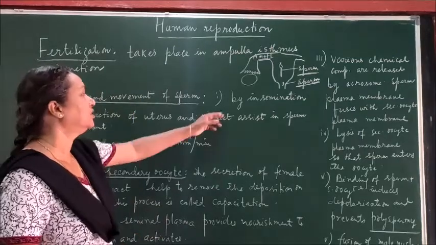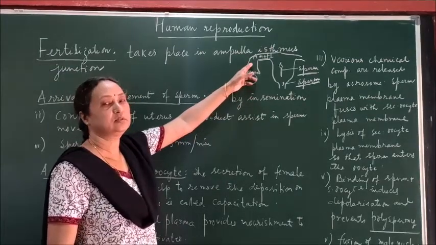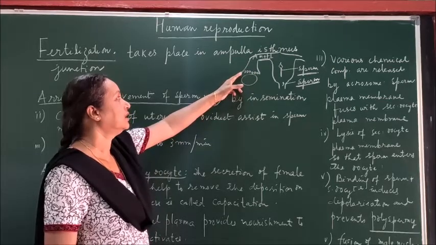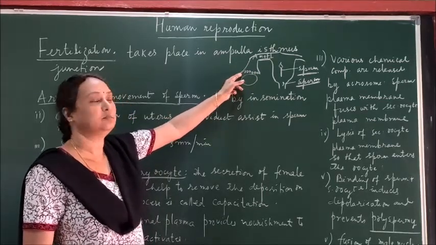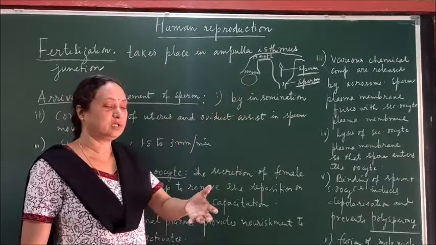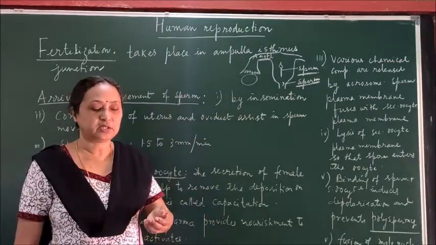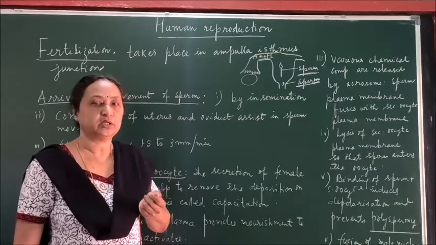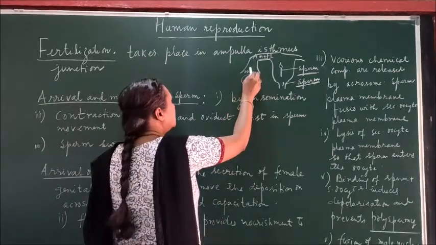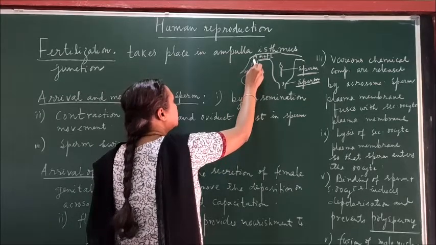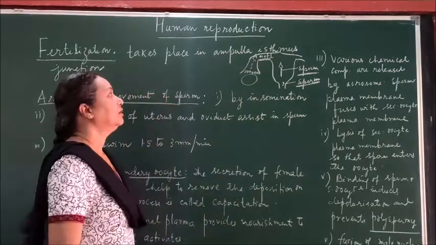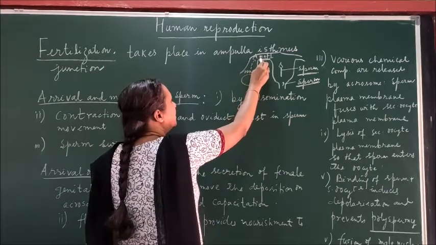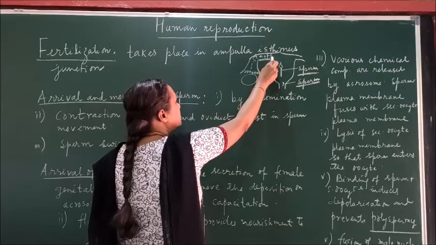If you remember, the ovary is connected to the oviduct. The tip portion of the oviduct is funnel shaped, and this is called the infundibulum. The infundibulum has finger-like projections which are called fimbriae. The fimbriae catch the ovum which is released from the ovary. Then gradually the ovum moves towards the fallopian tube, where it reaches the place called the ampulla, and the place behind the ampulla is called the isthmus.